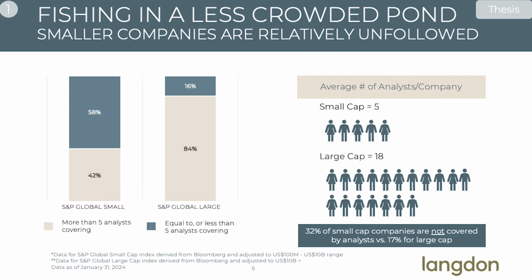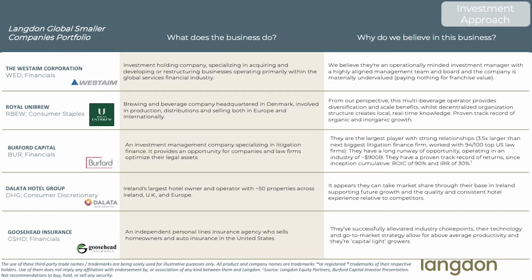So we can get to this in Q&A, but what we fight as small cap investors is unfamiliarity. People think familiar is safe and unfamiliar is risky. So we actually go into a lot of detail to describe the companies we own: a private equity firm based in New York, a multi-beverage manufacturer based in Faxe, Denmark, a litigation funder based in New York and London, the largest hotel chain in Ireland, as well as a personal lines broker based in Westlake, Texas. These are not household names. You're not paying bills with these logos on them, so we understand how unfamiliar they are. But in our view, that doesn't make them more risky.